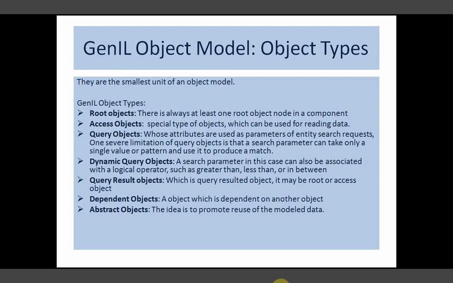Dependent object. A dependent object is one which is dependent on its parent's data. Just like there is a customer ID, and with the customer ID I would like to get a first name, last name, father's name, that's enough. But sometimes I would like to go deeper. What is the address? What are his fax numbers?